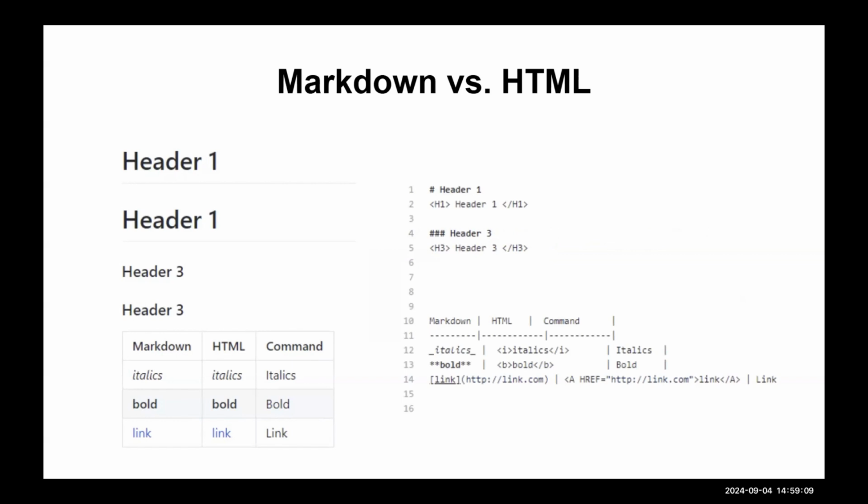The difference here is this little pound sign that makes header 1. In HTML, you open and close your header 1 text with a tag. In Markdown, you just have a single symbol. This is maybe a little bit trivial, but it's very similar to HTML because Markdown is also a markup language, so it has these same attributes. Markdown is just a little easier to use once you start getting the hang of it, in a very cursory way.